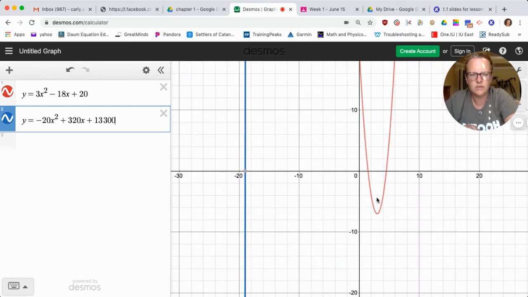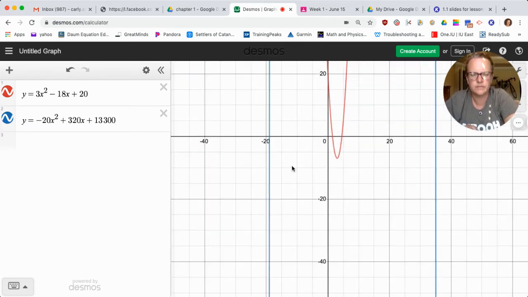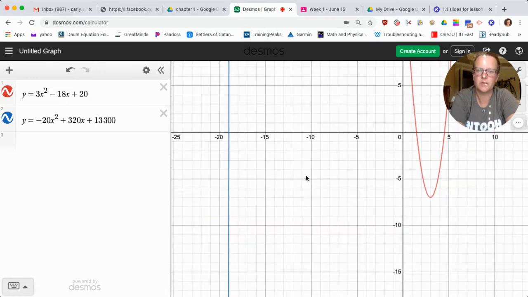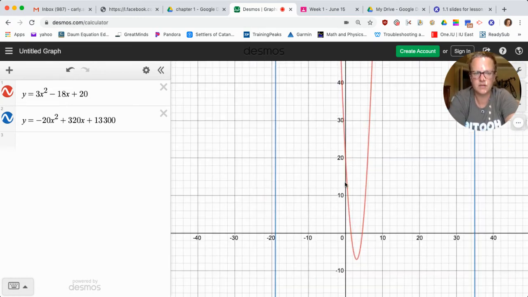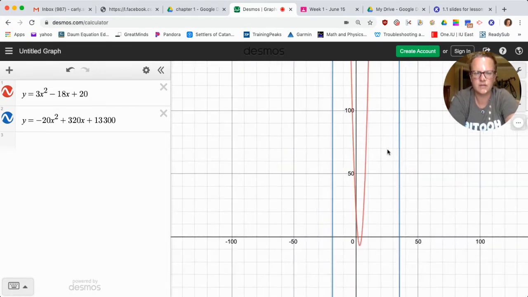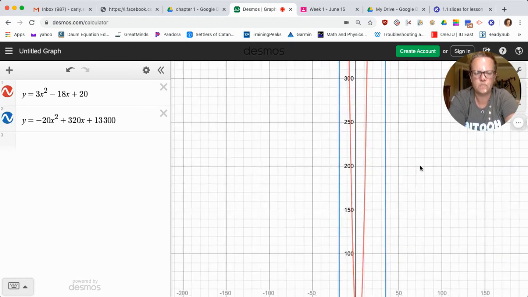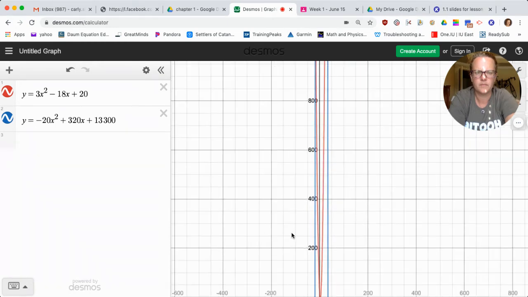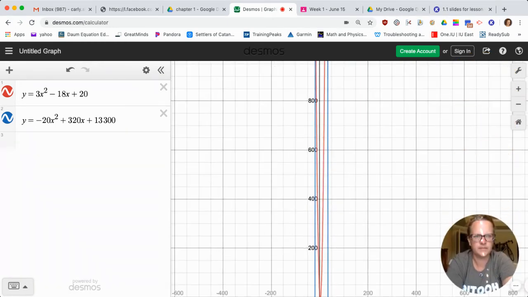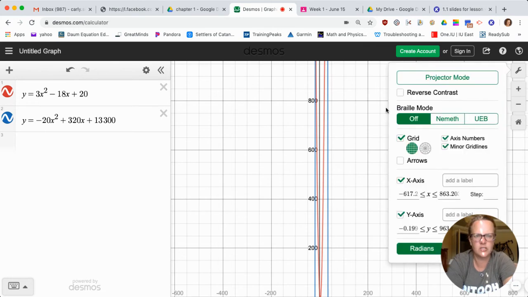I'm going to zoom out. But I'm looking for a maximum, so I need to go up here. Oops, didn't want to do that. All right, I have to move my face again because I need the wrench. So I want my x-axis to be, let's see,